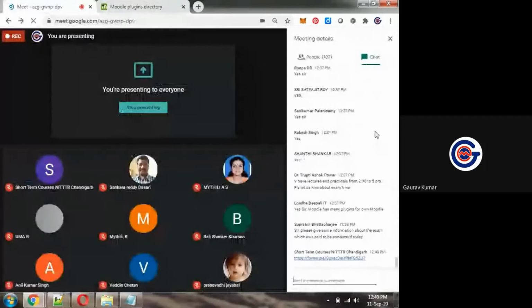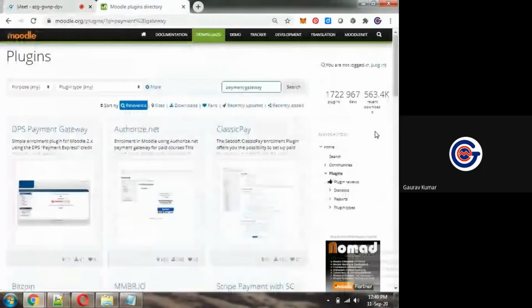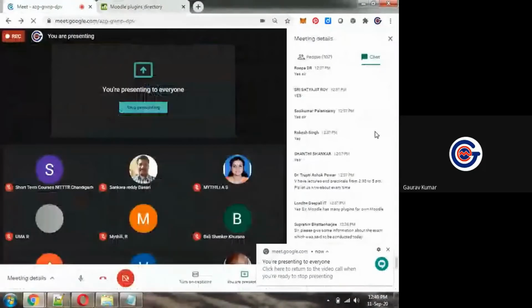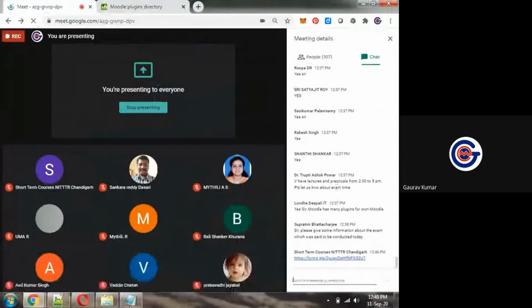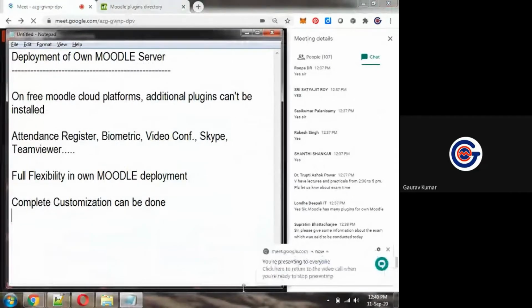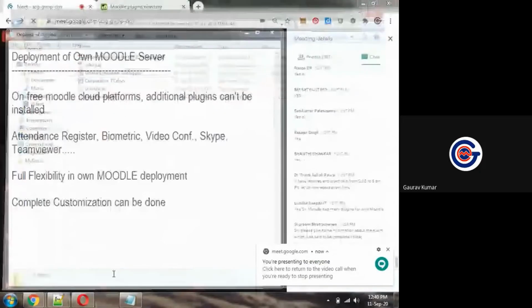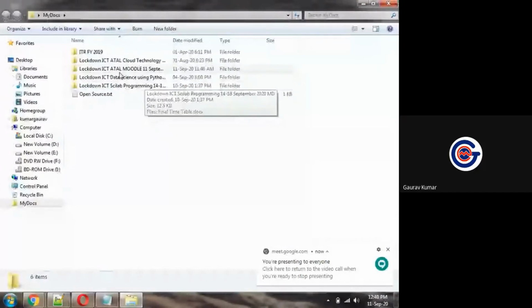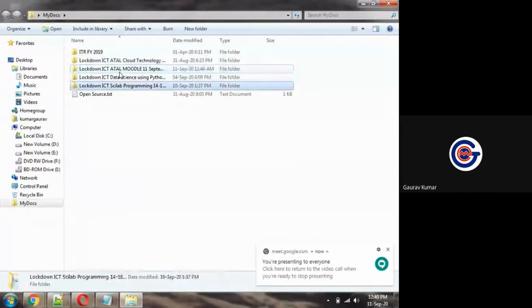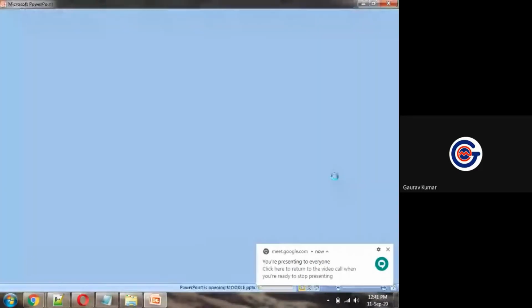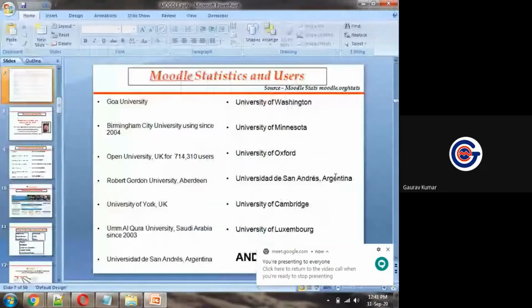Now we will see how to work with that deployment, how to install and how to work with it.